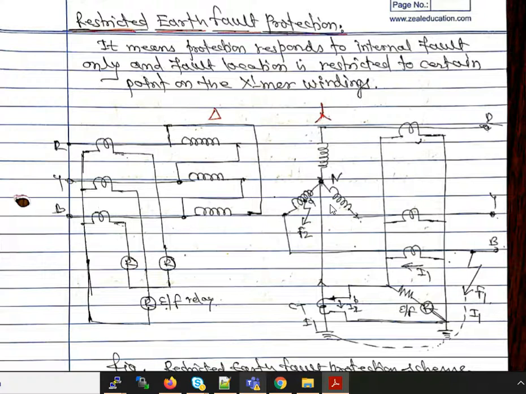Hello student, in our last video lecture we learned the unrestricted earth fault protection, in which the protection responds for both external fault and internal fault, that is, it has no definite zone of protection. Now in this lecture we are going to learn the restricted earth fault protection. It means the protection responds to internal fault only and the fault location is restricted to a certain location on